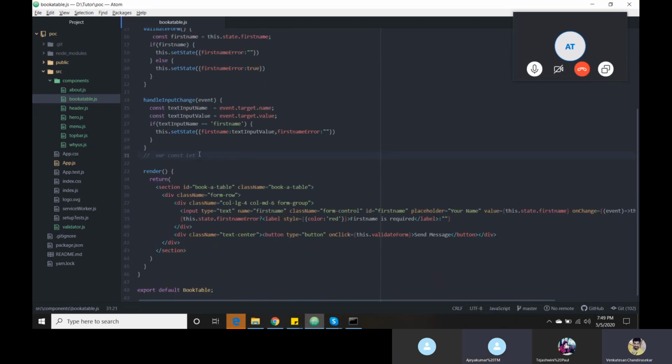This is for global variable declaration. This is for constant declaration. This is also for a variable declaration, but it works only within block conditions. I will give a live example. Before that, const and let are ES6 features, new ECMAScript features. Const, let and fat arrow, these three things come under ES6 features.